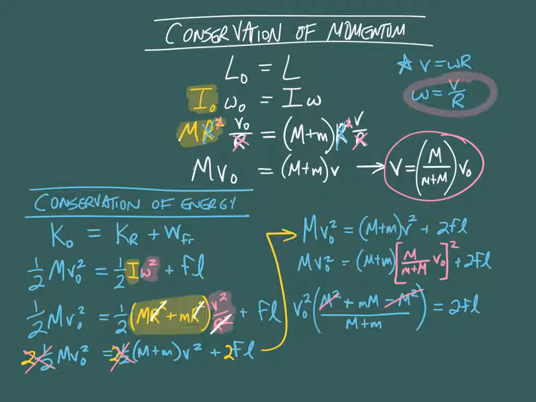And we will have V naught squared equals double the work done by friction times m plus m over the product of the two, the sum of the masses over their product. Now, we could take the square root right now and we would have an equation,